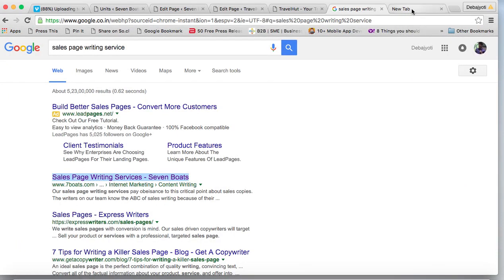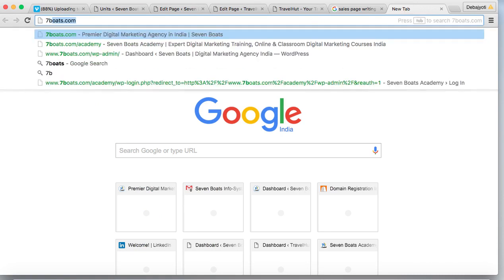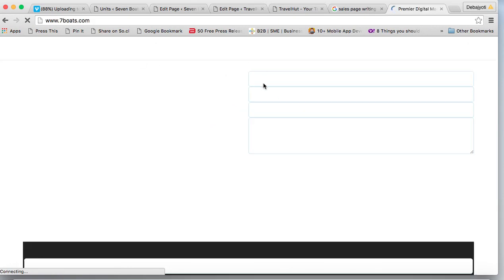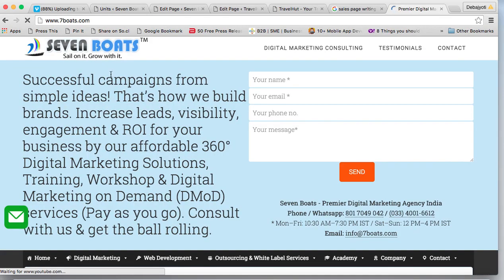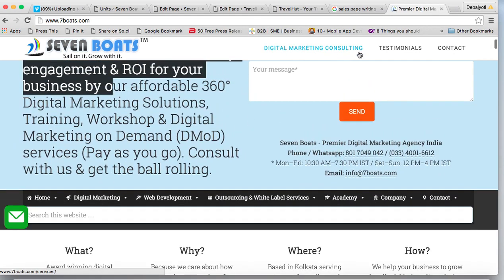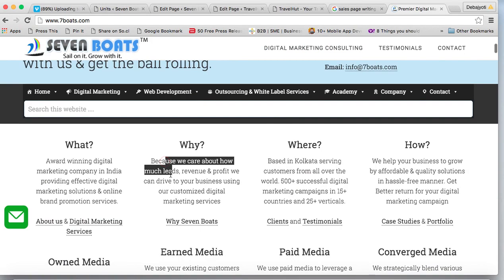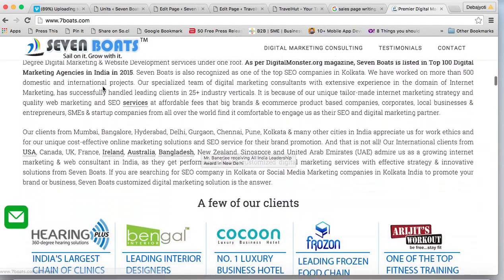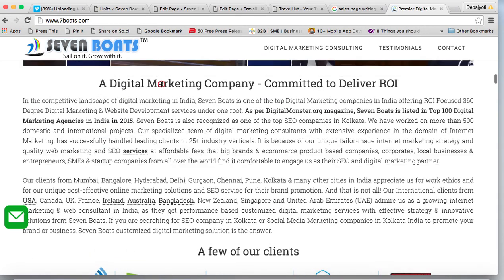Suppose for 7boats.com, if you see our home page, what we can see here, as a human being, is all the text written over here. You can see these navigational links, these are all text. You can see all text here. This page also contains images along with the alt tag, and then again headings, subheadings, and also textual